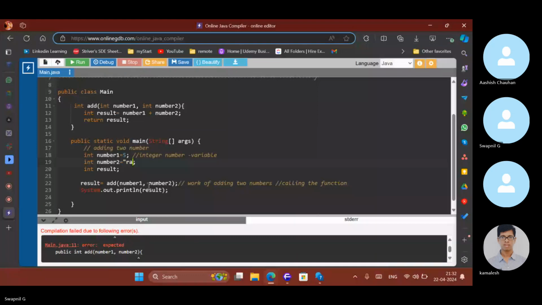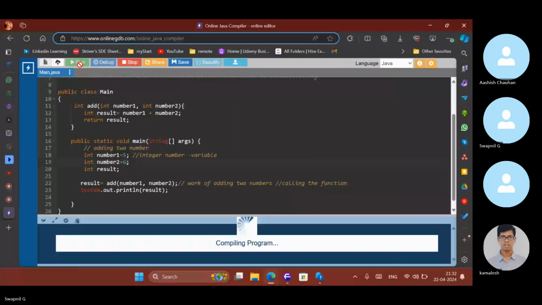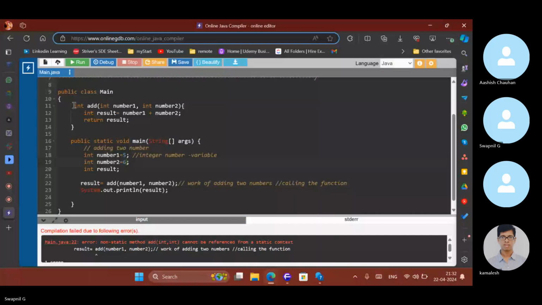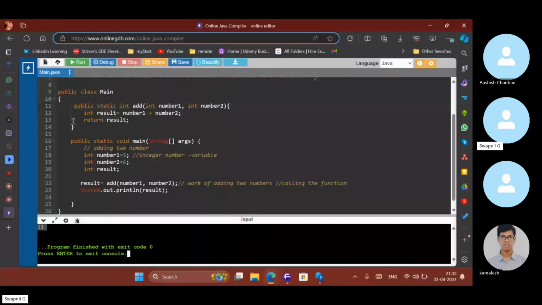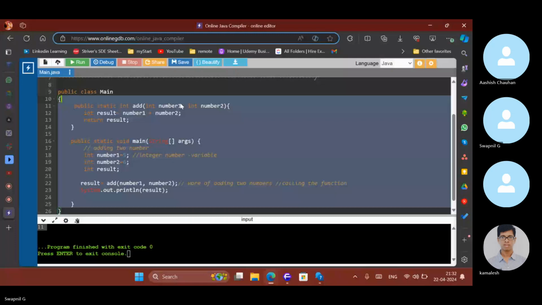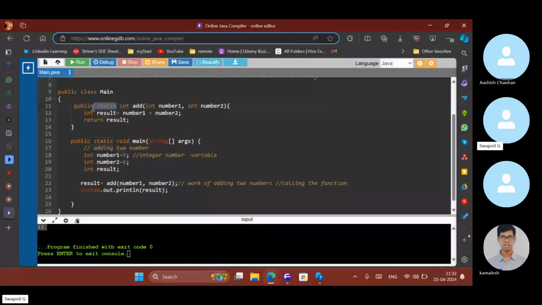Okay, but now let's send the number. Let's run the program. I think we have to do it. Okay, non-static method. We have to add, we can create an instance method, so we create an object. How many people can see the answer now? It is compiler specific. You have to put the term static. We will learn what static is further, but you have to put it over here. In JavaScript, you don't need to put all these three. You can remove these three as it is.